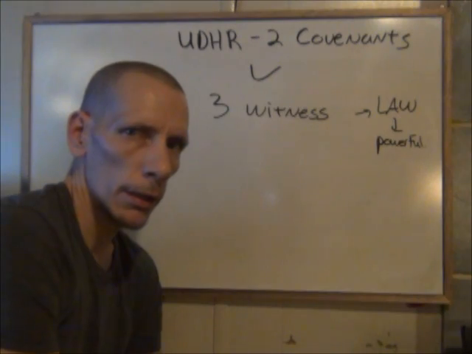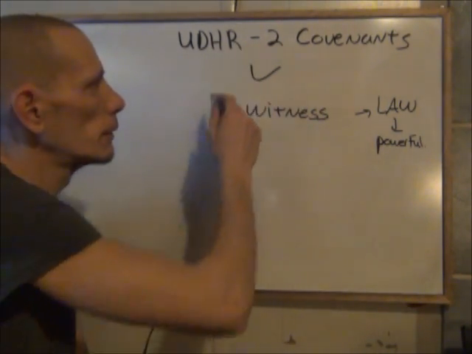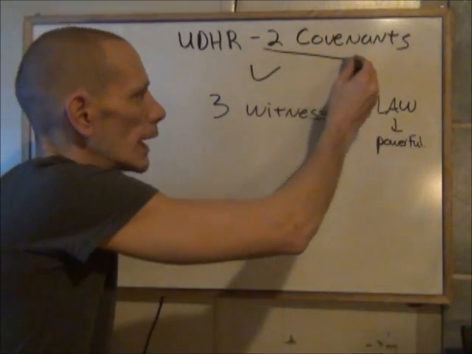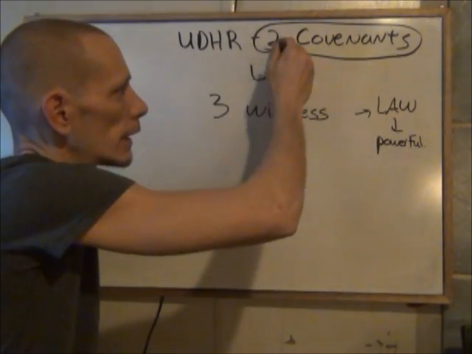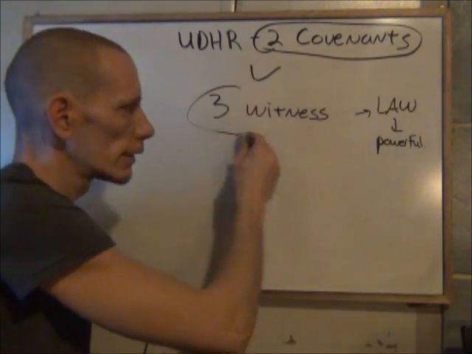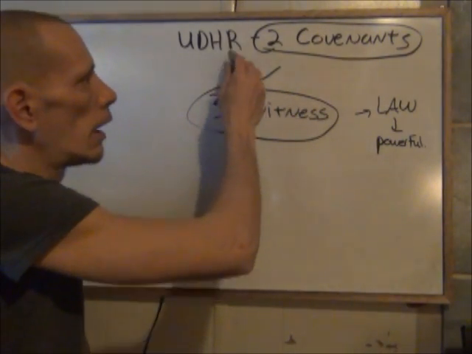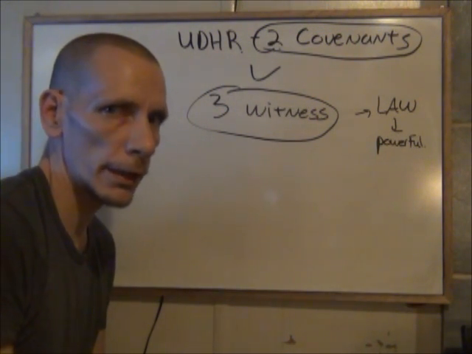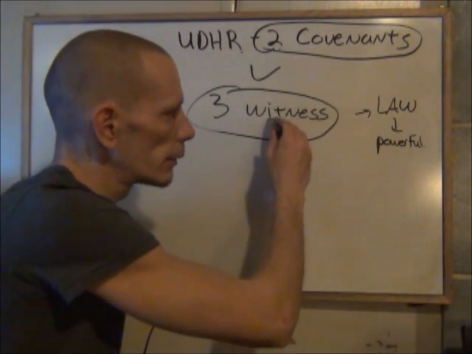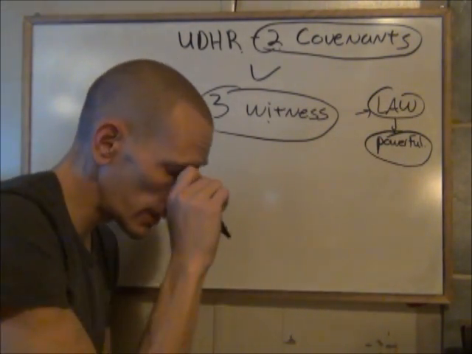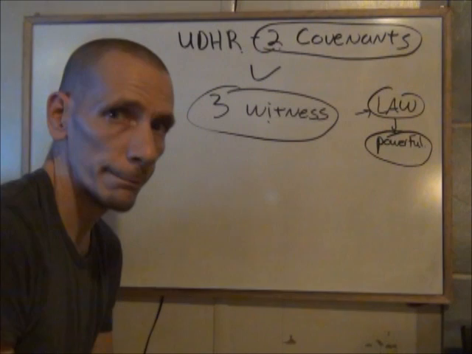So as you saw, there's a Universal Declaration of Human Rights, and then there are those two other covenants that were formed after the Universal Declaration of Human Rights, and that were signed. Now this makes 3 witnesses in law. All 3 of these documents, you're going to find the exact same operations in law, very clearly defined. That makes 3 witnesses, and in law, that's very powerful. You ever bring all this into a court of law,